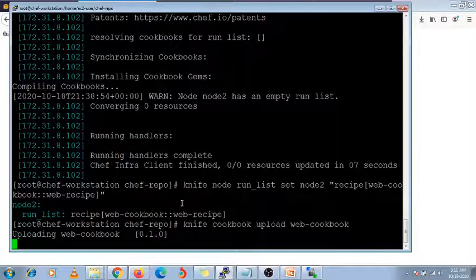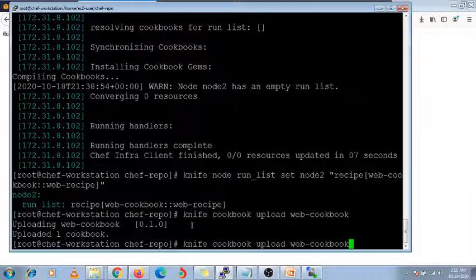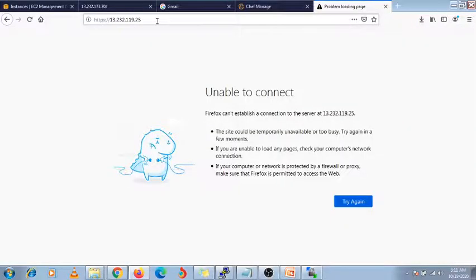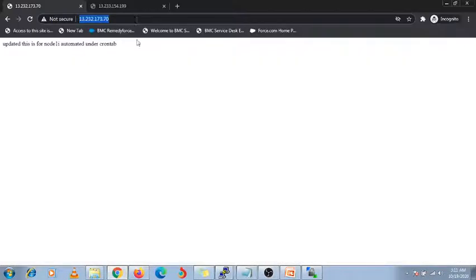Check it again, because this cookbook we had not uploaded, this recipe update. Check it again. Where is it wrong? The public IP address, open it. Yeah, it is working now.